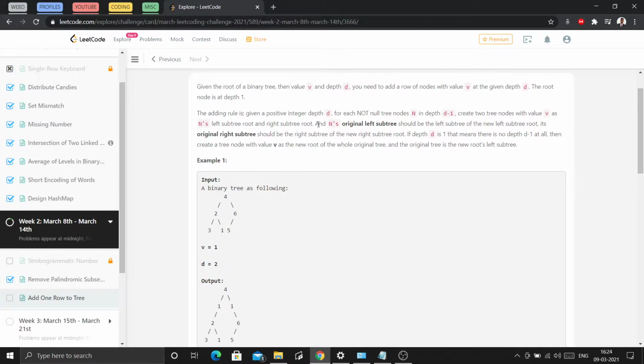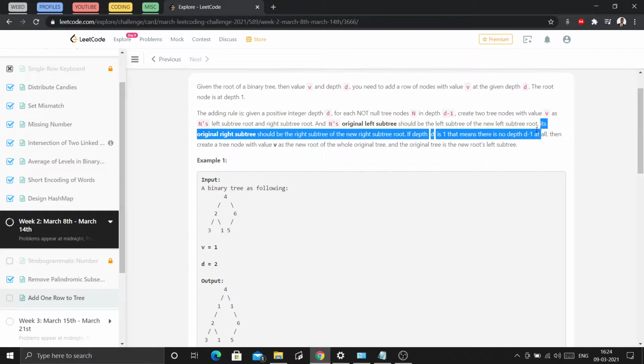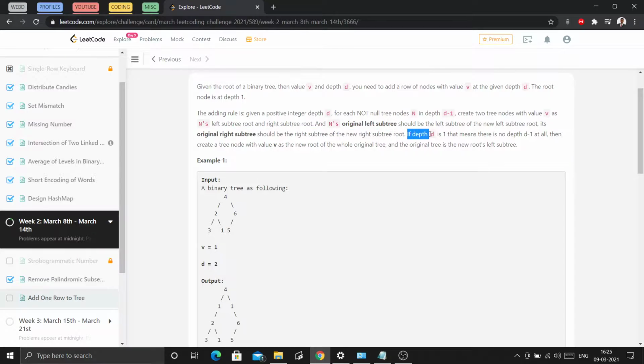And n's original left subtree should be the left subtree of the new left subtree root. Its original right subtree should be the right subtree of the new right subtree root. If depth d is 1, that means there is no depth d minus 1 at all. Then create a tree node with value v as the new root of the whole original tree, and the original tree is the root's left subtree.